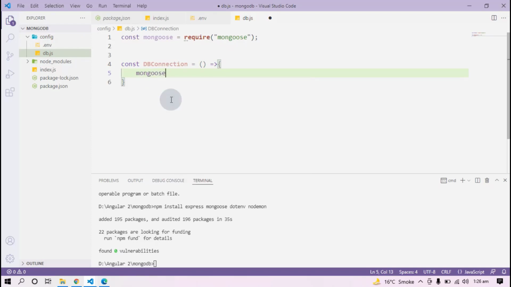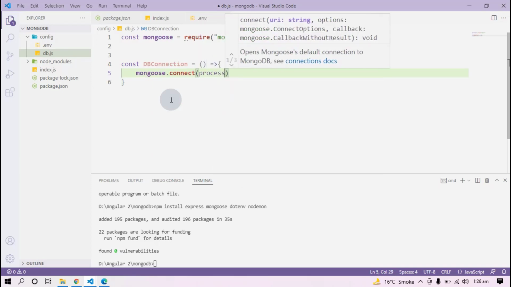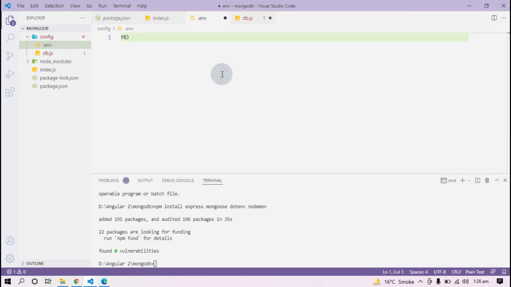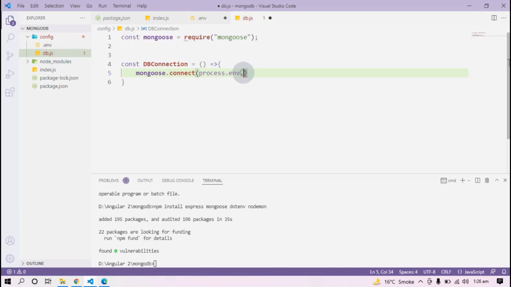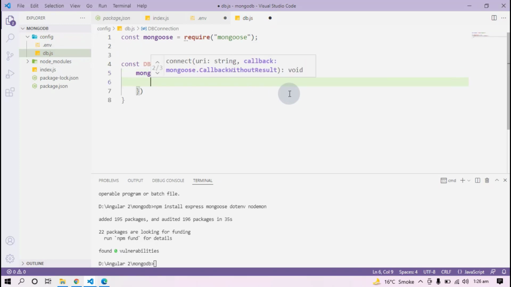Mongoose dot connect, and type here process.env dot. Open the .env file and type MONGO_URI. Copy this name and paste it here. Now in curly braces